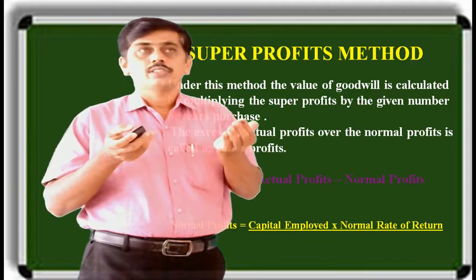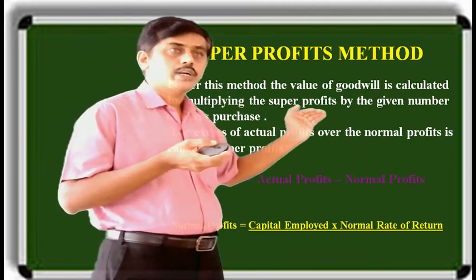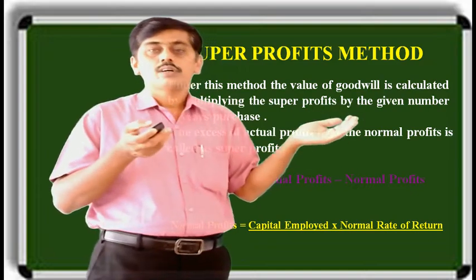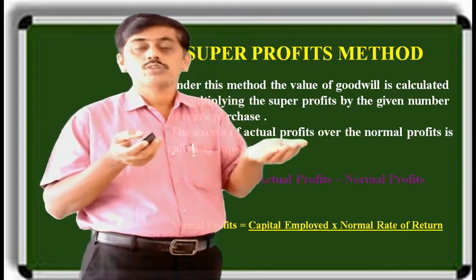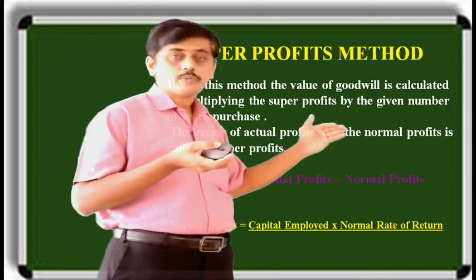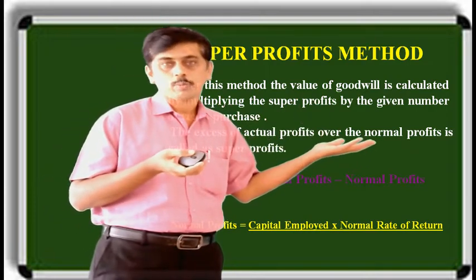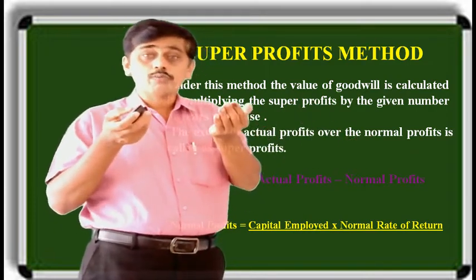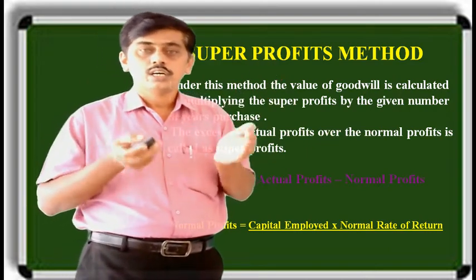As I told, see, the normal rate of return is 10% and capital employed is 1 lakh. 10% into 1 lakh, or 1 lakh into 10%, comes to 10,000. 10,000 becomes the normal profit. If 2 lakh is the capital employed, 2 lakh into 10%, 20,000 is the normal profit. And if the actual profit is 25,000, there comes the super profit. Okay,